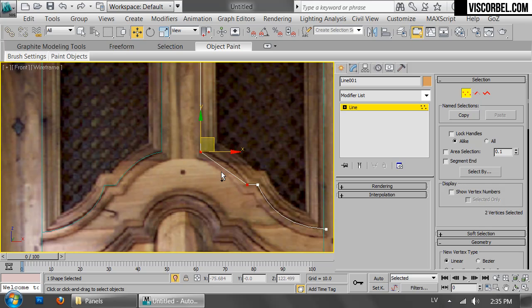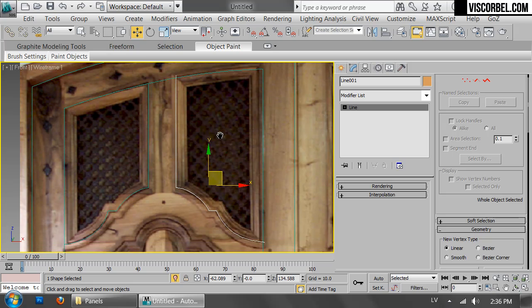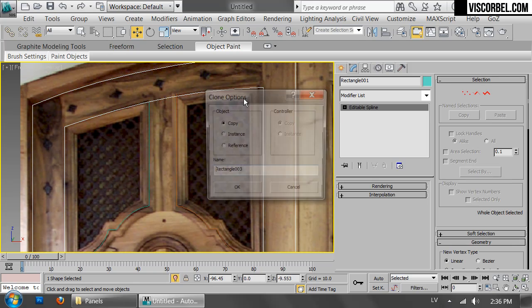The more complicated the design, the more time it's probably going to take. I'll try to get pretty close to this reference image. Okay, so copy,